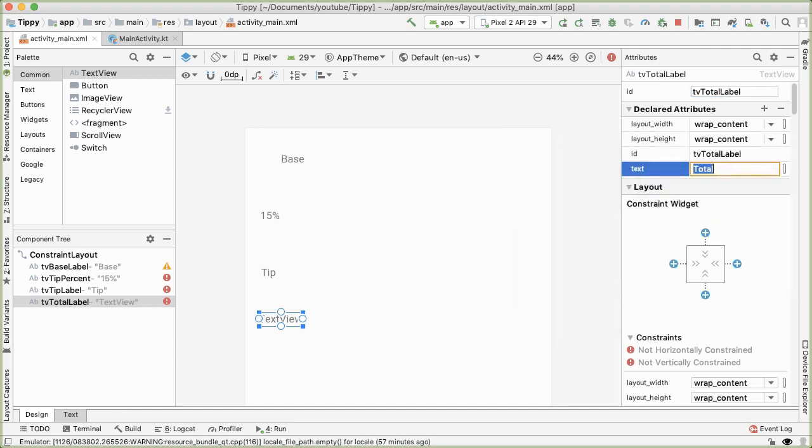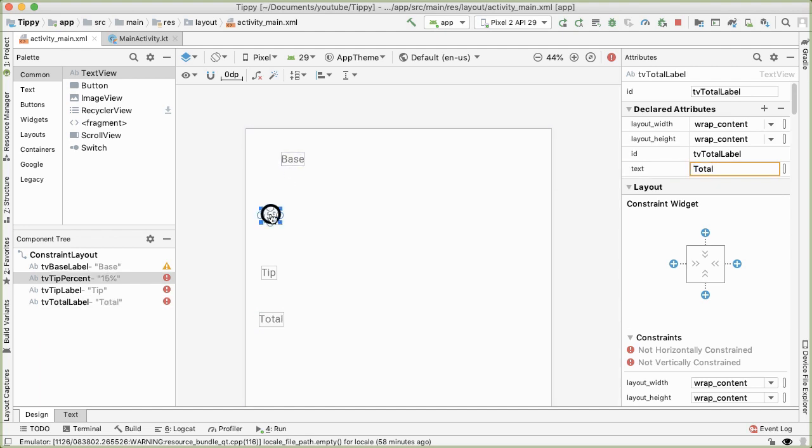And that will be total. Okay, and all 3 of these have the same issue where the view is not constrained. And so by default, they're all going to be moved up to the top left of the screen, which we don't want, obviously. And so this comes down to having horizontal and vertical constraints for every element. Both the horizontal and vertical constraint will be based on this first element that we have already placed, the base